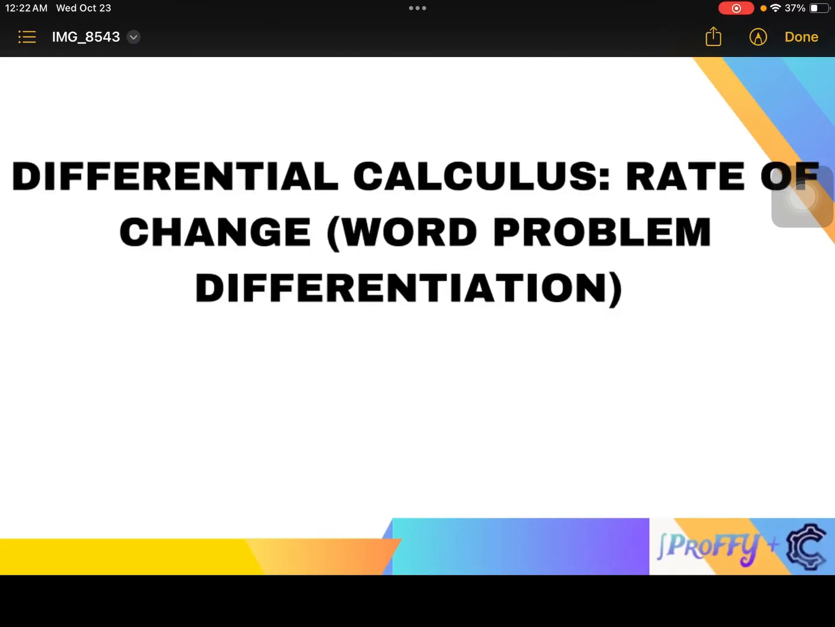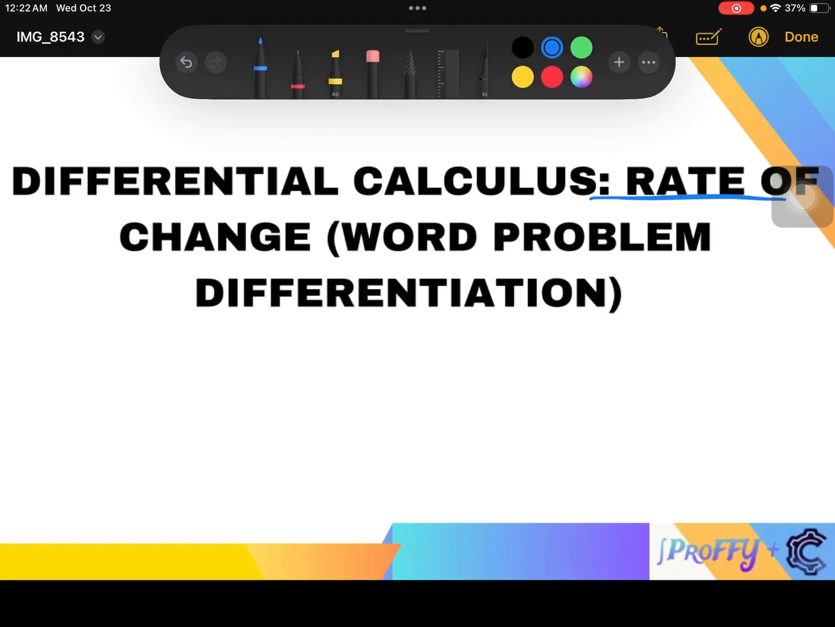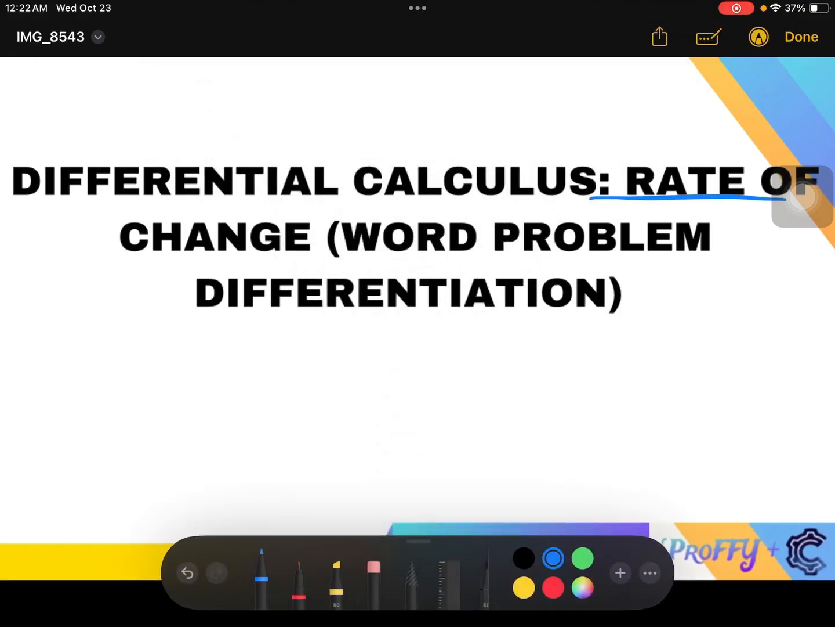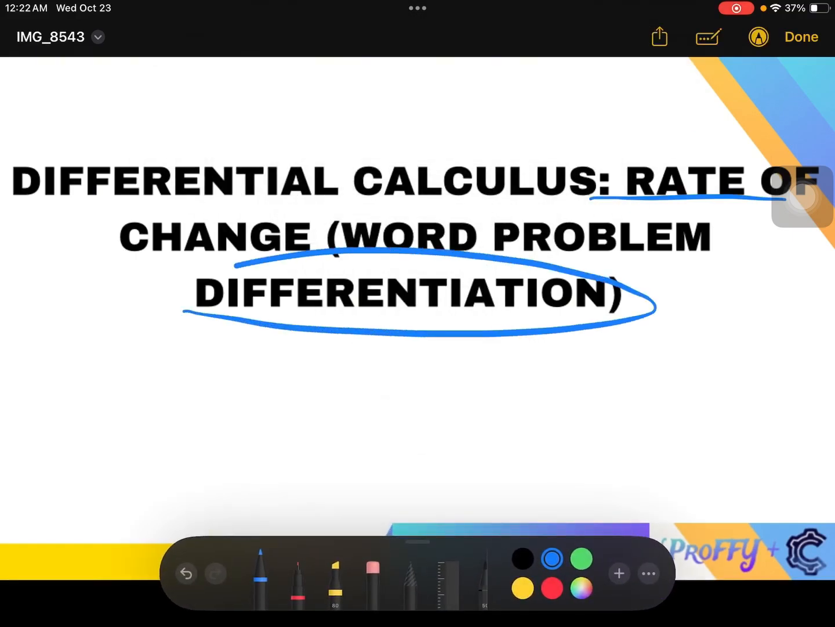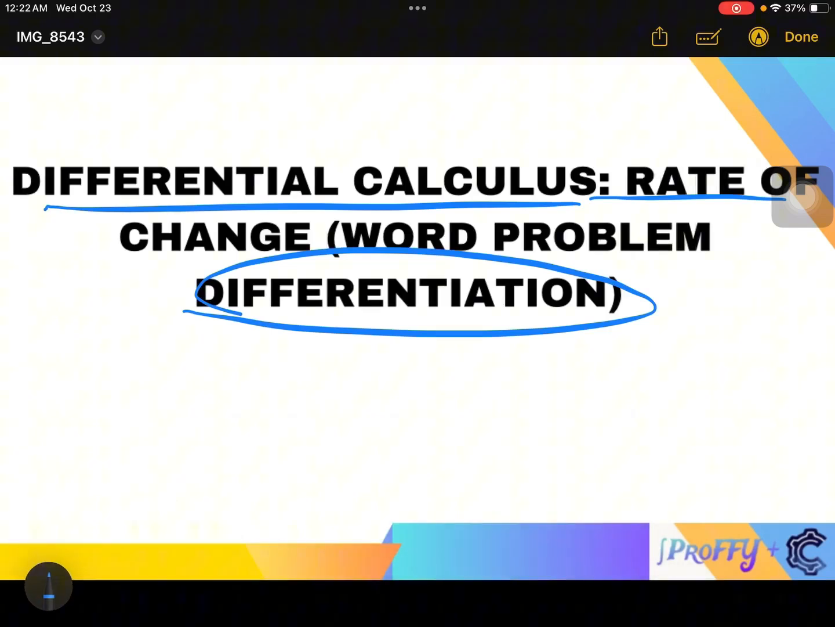So, hello guys. The topic today is about rate of change, involving word problems. Dito, using differentiation. This topic is under differential calculus. Dito guys, kumbaga merong given na shape na kung saan dito is